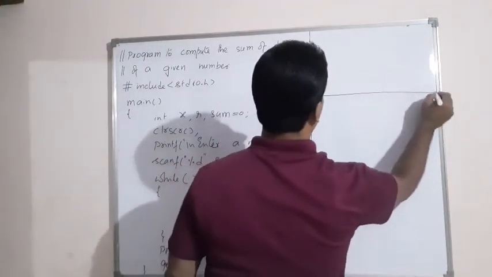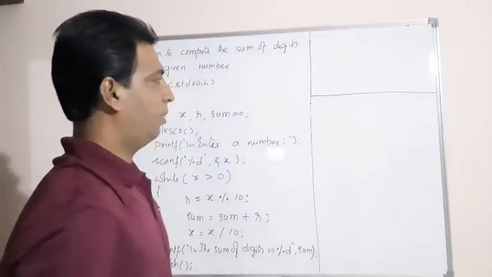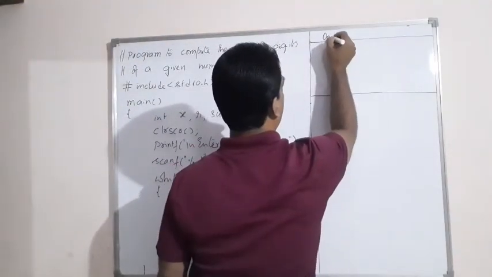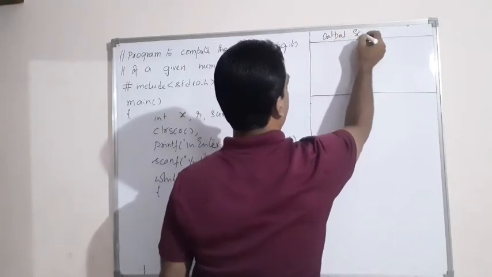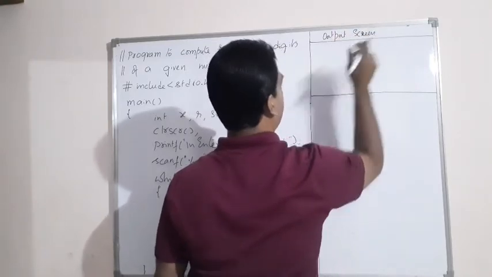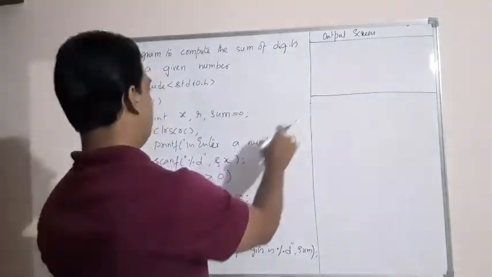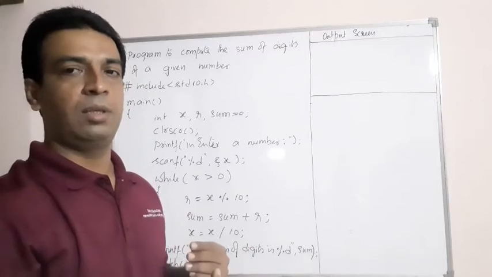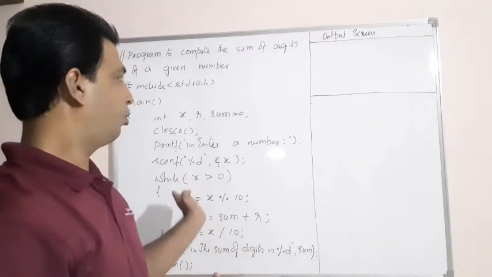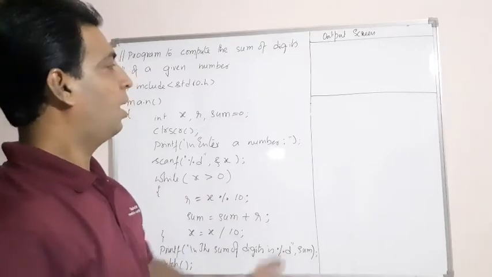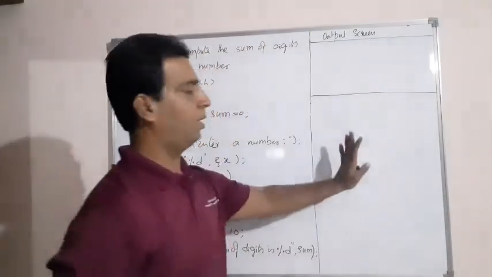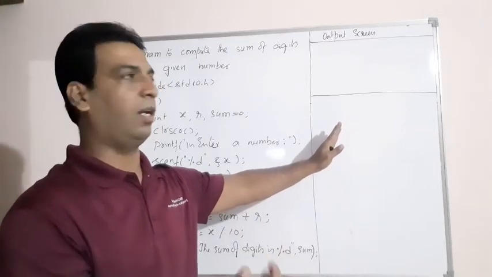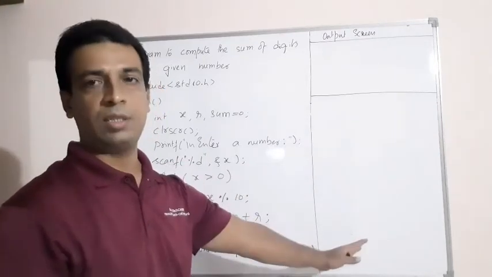So for that purpose, let me take a separate area where we'll divide this into two portions. One is your output screen, where it will show whatever user interface happens as a communication between the program and the user. And a separate area where I'll write the stages of changes in the values of the variables as we trace the whole program.